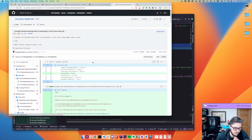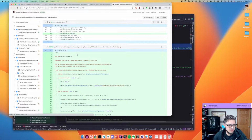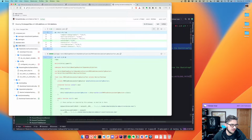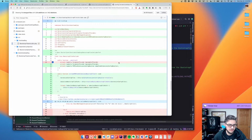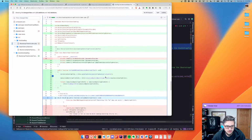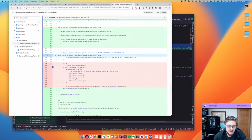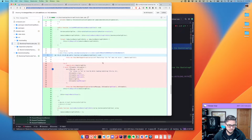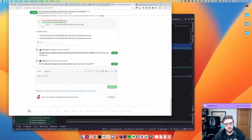So include bootstrap files of extensions, packages, rules test, source autoloading, include PHP stand bootstrap, require once. Yep, this is it. I need to get back to that issue. I don't know why I closed it. So let's get back,